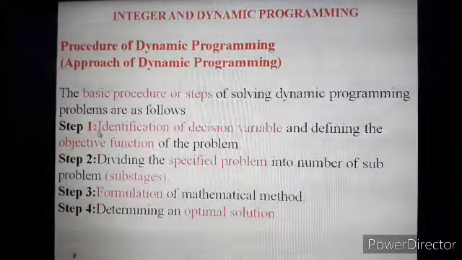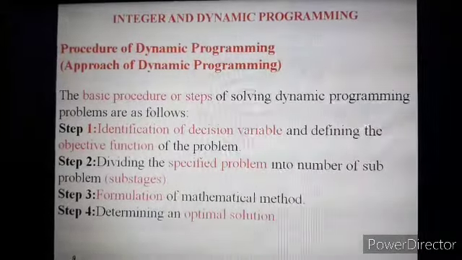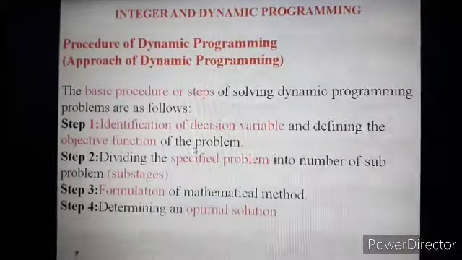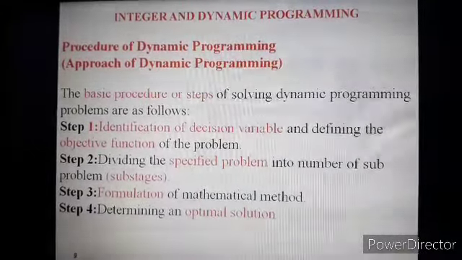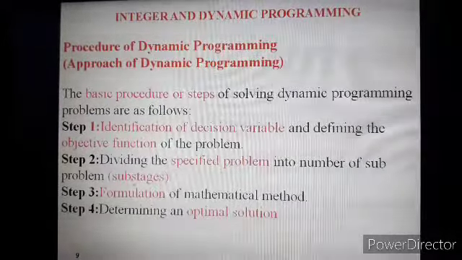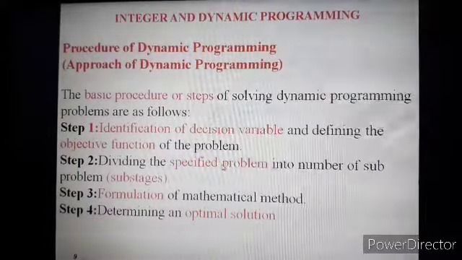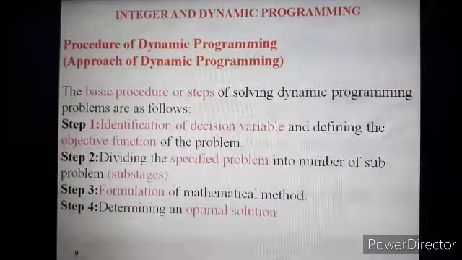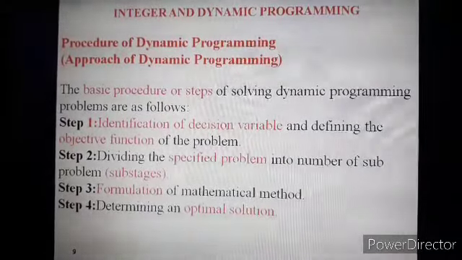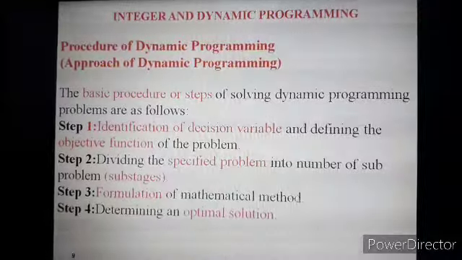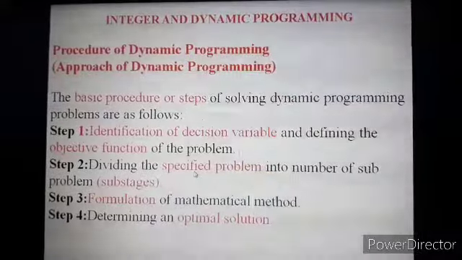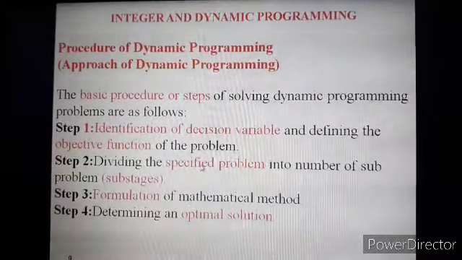So the first step is to identify the decision variables, and define the objective function of the problem as per the maximization or minimization requirement. Then divide the specific problem into a number of sub problems, and define these sub problems as sub stages, and solve all these sub stages as individual problems. After that we have to formulate the mathematical models in terms of these variables for maximization or minimization, considering the constraint equations